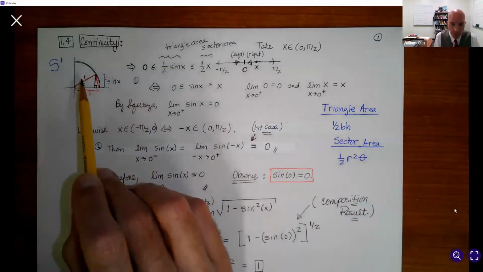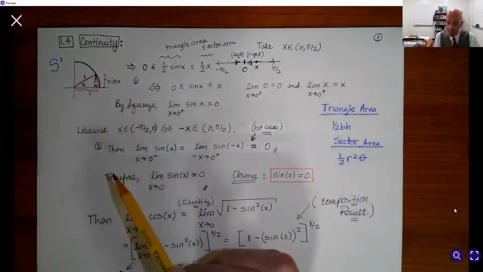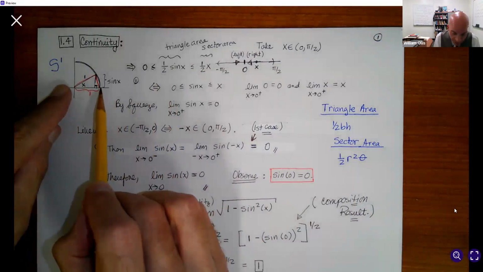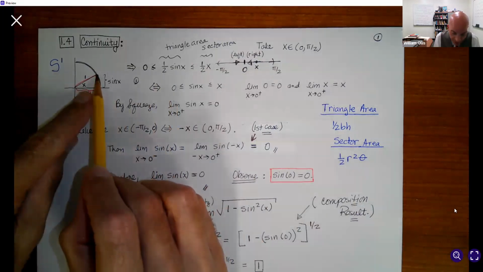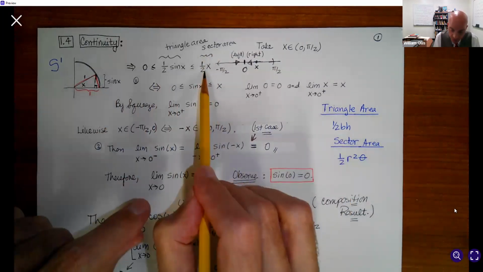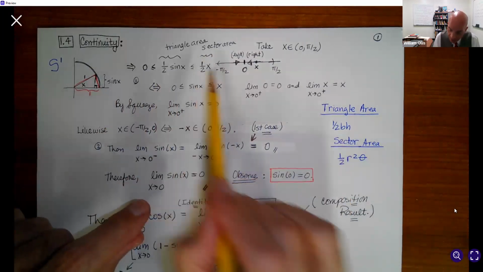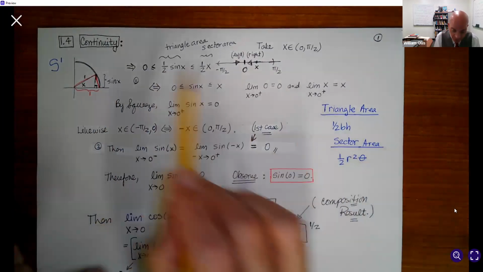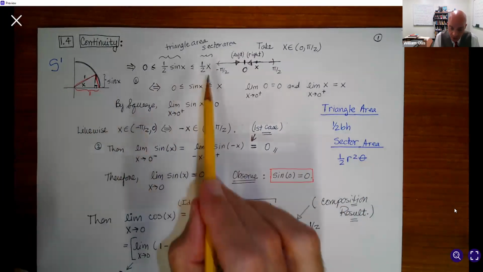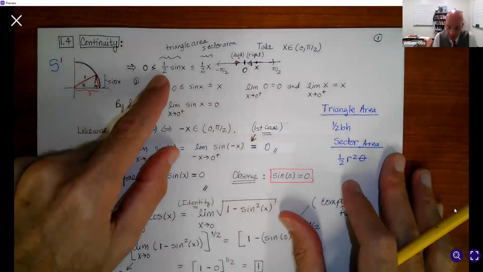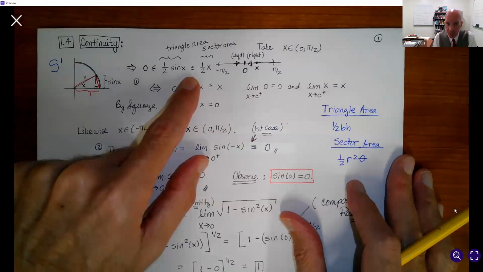But remember, for the unit circle, the radius is 1. So when we do the triangle area, we have the base of 1, we have the height sine X, and then, of course, the 1/2 factor. And then for the sector area, we have 1/2 r squared, so 1 squared theta, but theta is just X here. So that's it. 0 is less than or equal to 1/2 sine X is less than or equal to